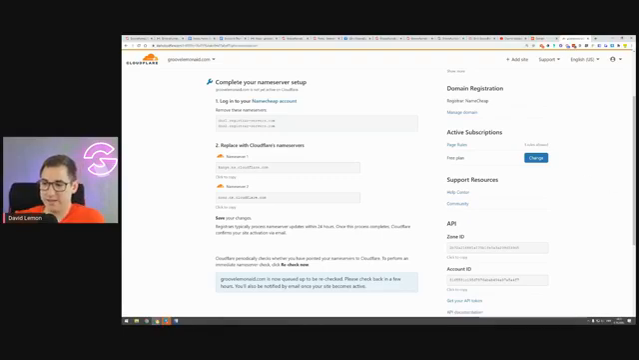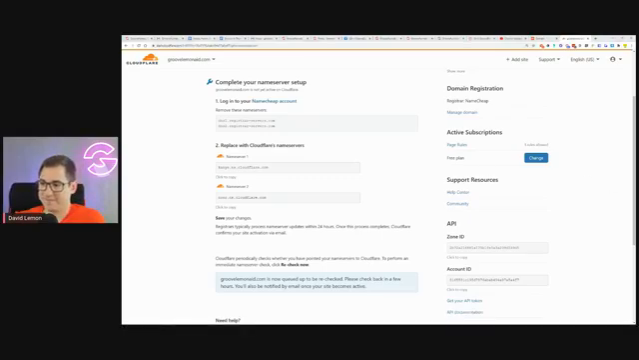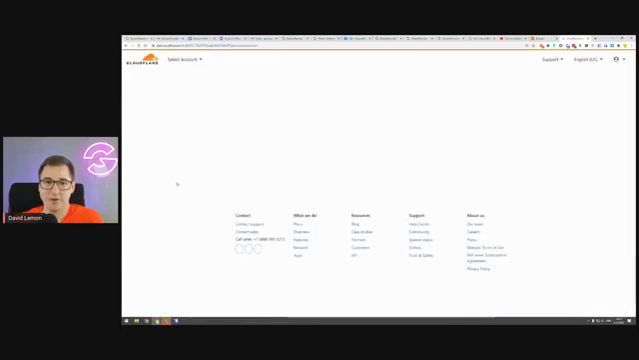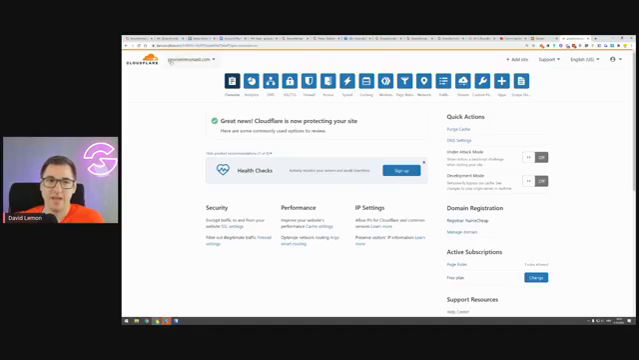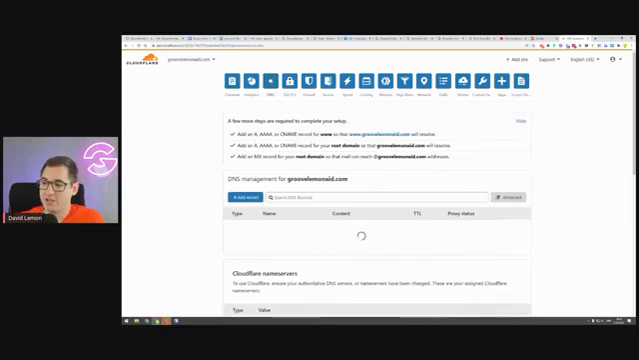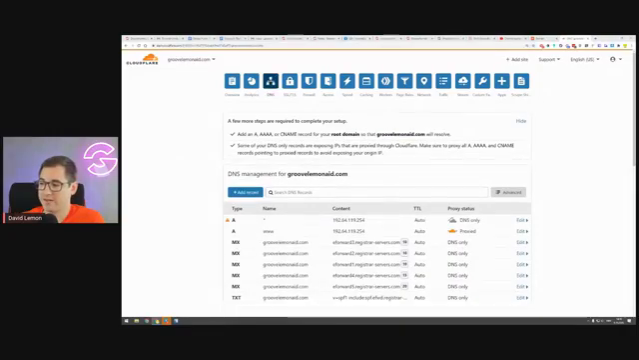At this moment, what we did is we set up Cloudflare with our domain name registrar. Let's just see if it is live or not. So I just clicked the refresh button and it says, great news, Cloudflare is now protecting your site. That means that the groovelemonade.com is now connected. So this means we can go on, change the DNS records, DNS servers, and then